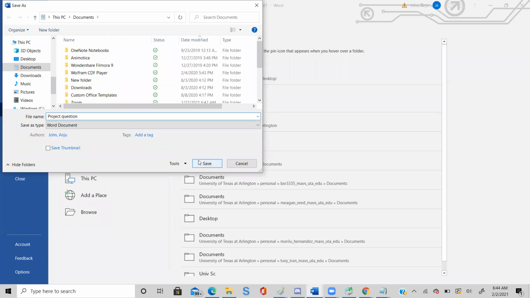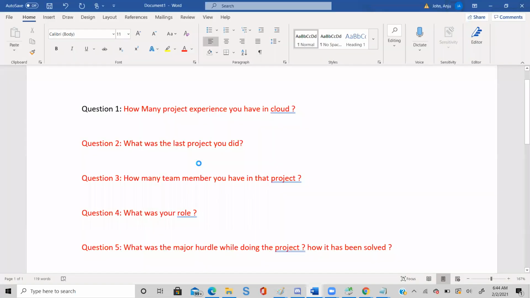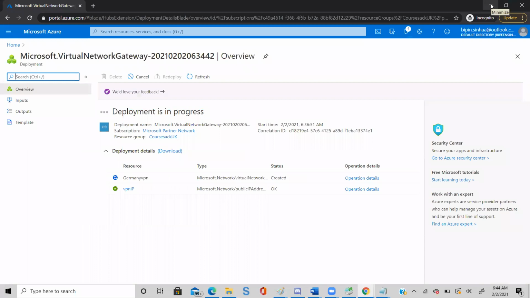Yeah, click save. All right. So maybe you have to solve it and then you have to send it to me.